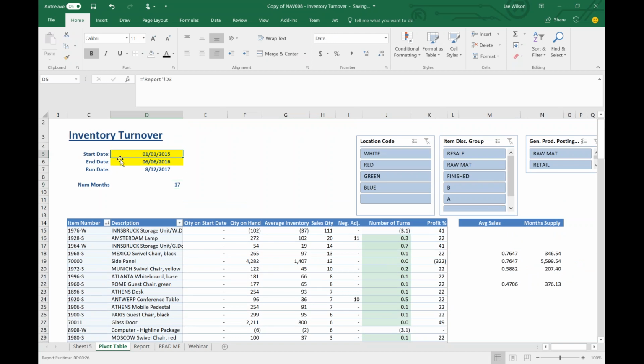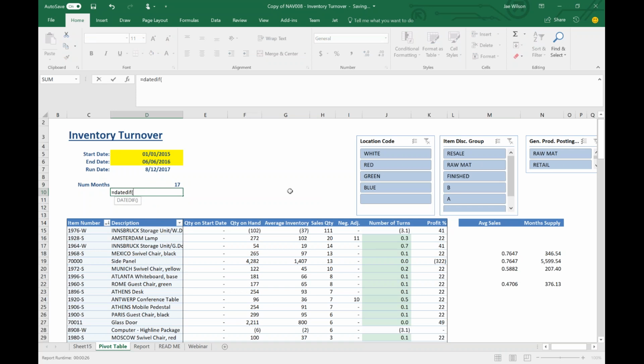In your report, you have a start date and an end date. And what you want to do is calculate the number of months in between. There is an undocumented function, so it's a function that doesn't really have an extensive tooltip. If I type equals dateDiff, you can see right away